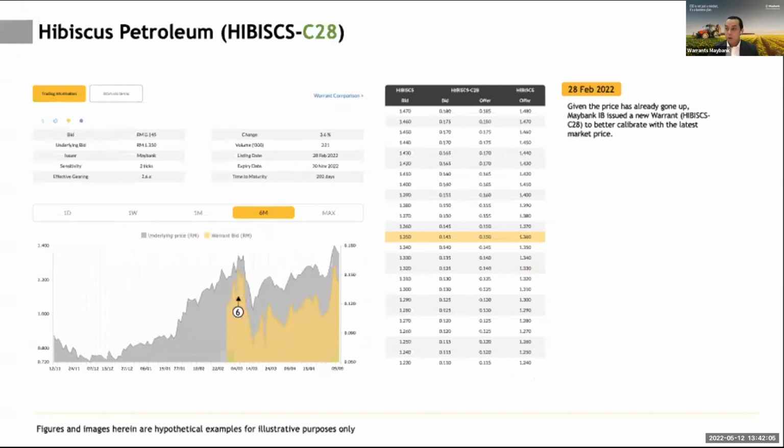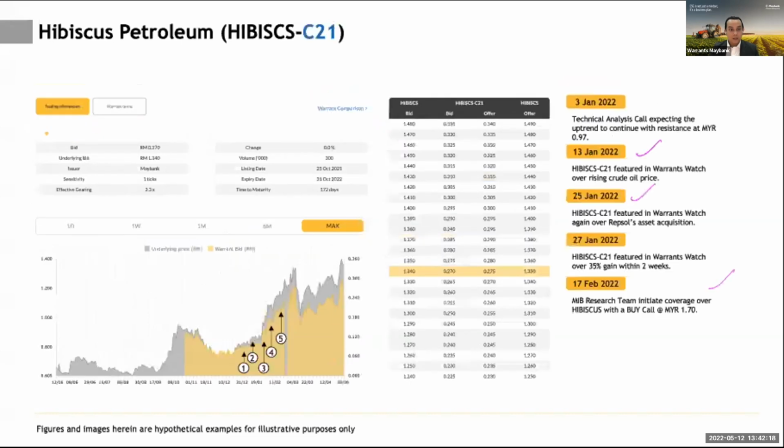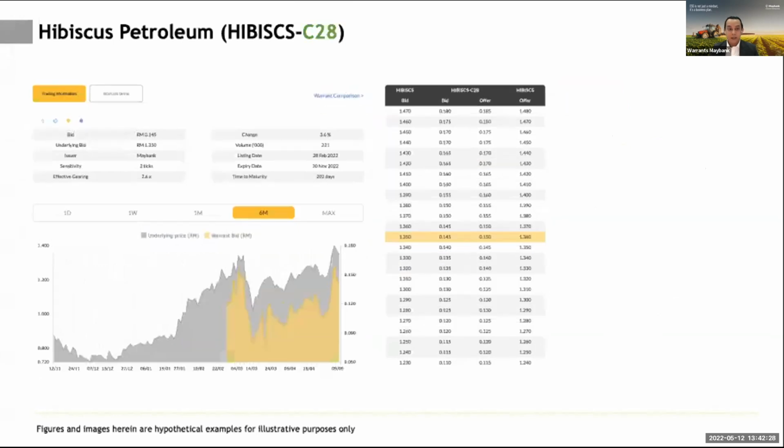what usually happens is the existing warrants will be very deep in the money, and then it will already become very expensive. You can see on the previous slide the warrant price is already at 27 cents, because the share price has already gone up quite a bit, and the warrant price followed suit. So the warrant was already expensive, and when this happened, what Maybank usually does is